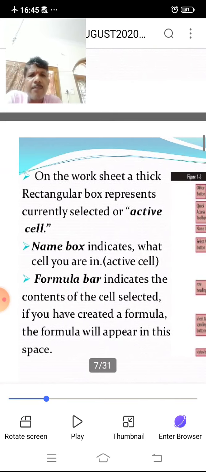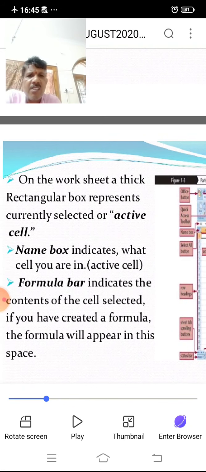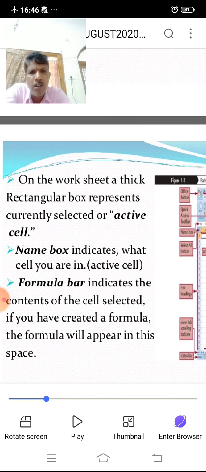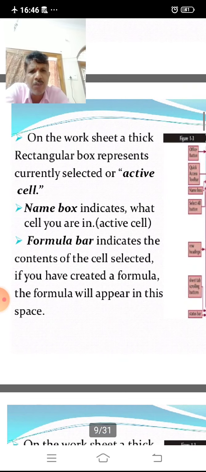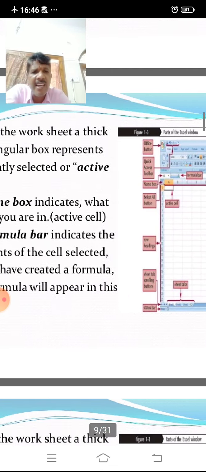Same thing, the box which is thick will be treated as the active cell. If you type a name, text, or number, it will be entered in the active cell. The name box indicates which cell you are in, the active cell. The formula bar indicates the contents of the selected cell. If you have created a formula, the formula will appear in this space. This is about the formula and active cell.